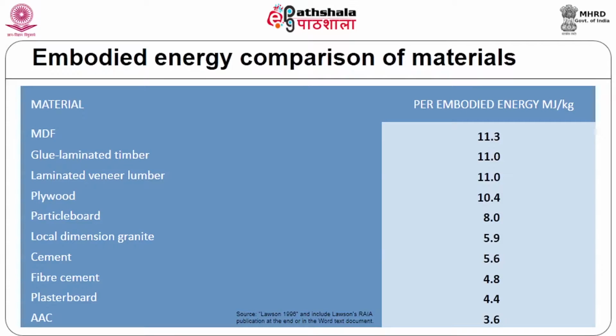So, here there is one more, this is again a comparison. In the previous slide we saw it was about materials. In this slide we will just talk about the embodied energy of the component. The component over here is MDF. MDF is not just one single material, there are so many processes which go into gluing and everything. That has around 11.3 megajoules per kg. Similarly, plywood is a little lesser, coming down to cement is much lesser, plasterboard is much lesser. So, if you go down and down, if you look at the least one,